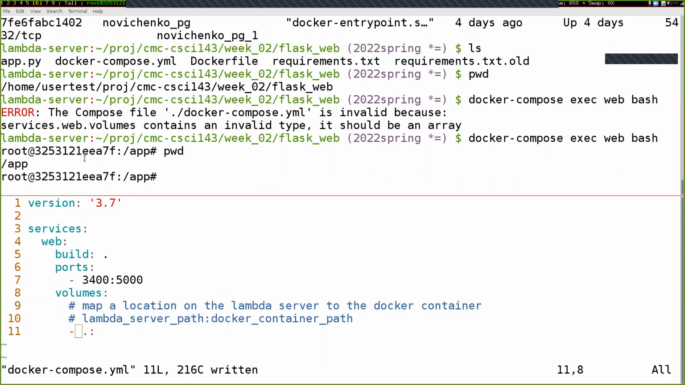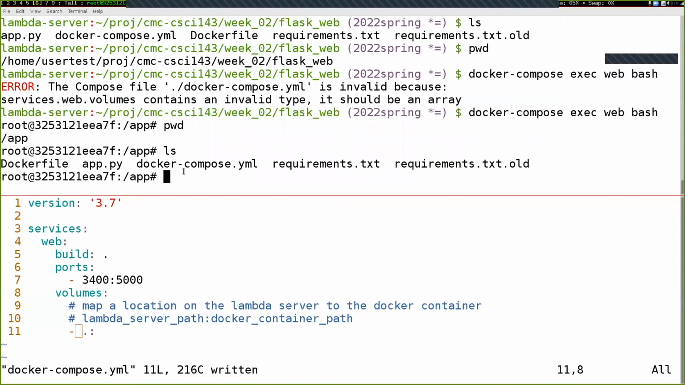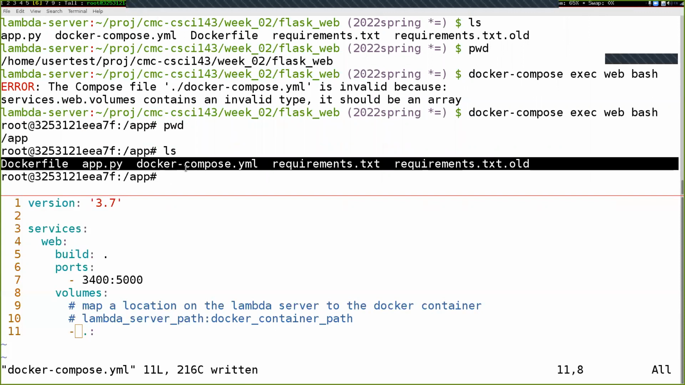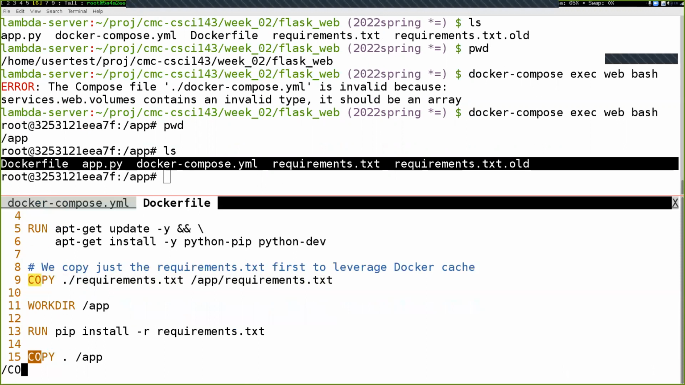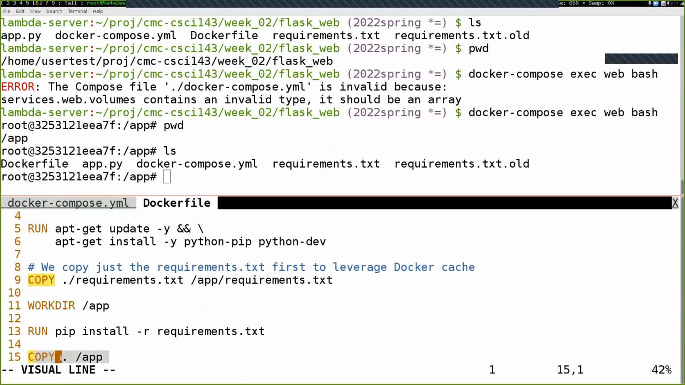Type pwd, you see that I'm in the app folder, type ls. You can see that here's all the files that got copied from the Lambda server into the Docker container. Down here, :tabe, I'm opening up a new window inside of Vim, Dockerfile like this. There's this COPY command on line 9, right here, and there's another COPY command on line 15. This COPY command down here says copy everything in my current project, my current folder, to the /app. That's where it's going to be located on the